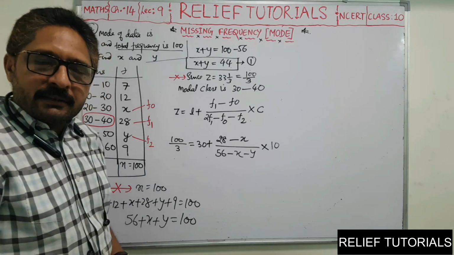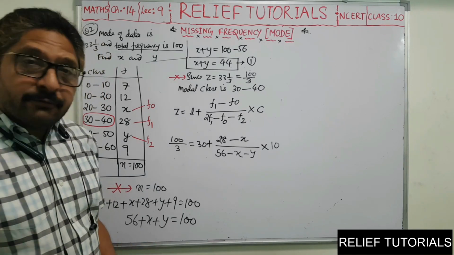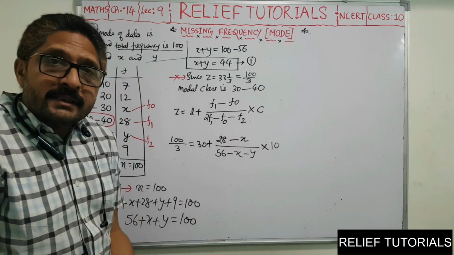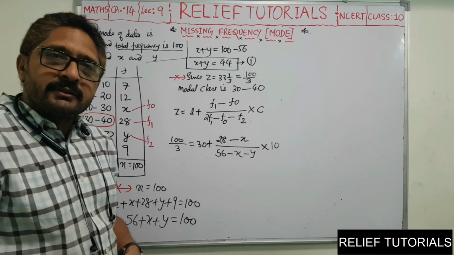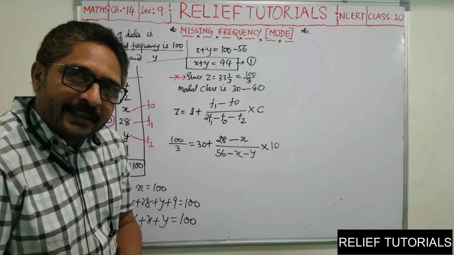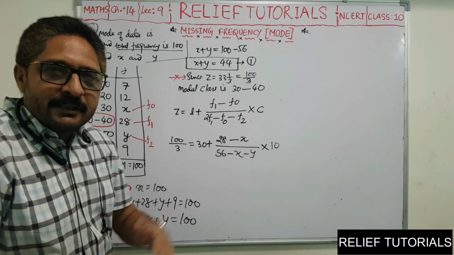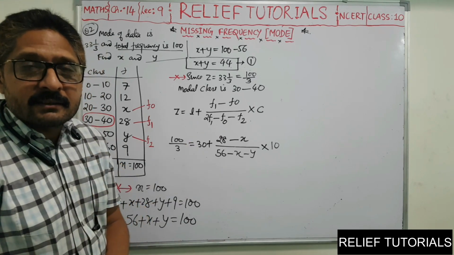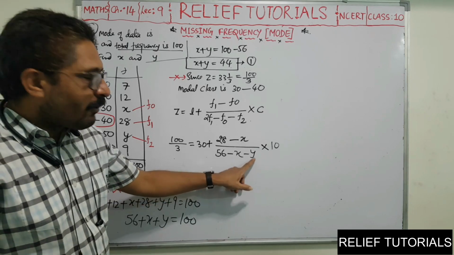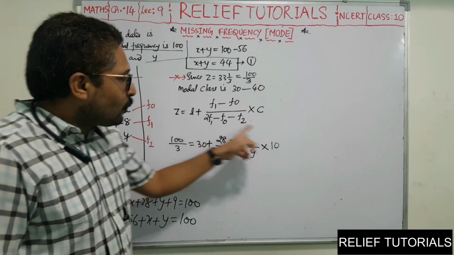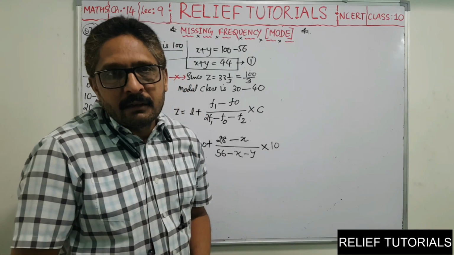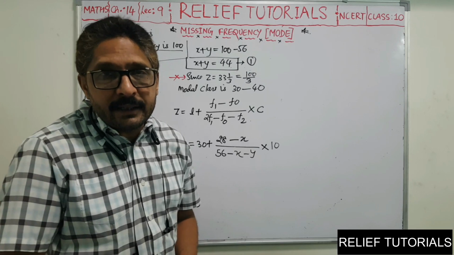Now look at this equation. How is it different from all the equations that we have done when mean and median were given? Try to evaluate. See here, how it is different. Here we have two variables. In all the previous problems there was only one variable, x or f. Here x is unknown, y is also unknown. So now in this whole equation there are two unknown variables, x and y. So it will be difficult to find these two variables.